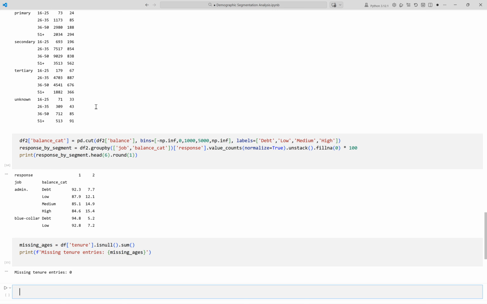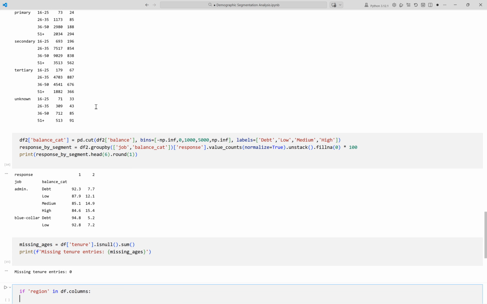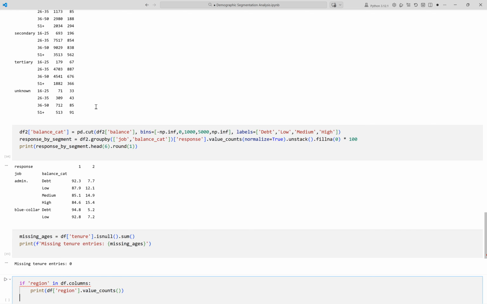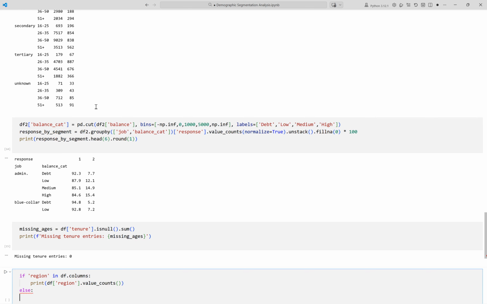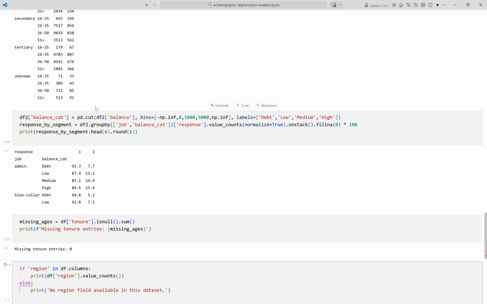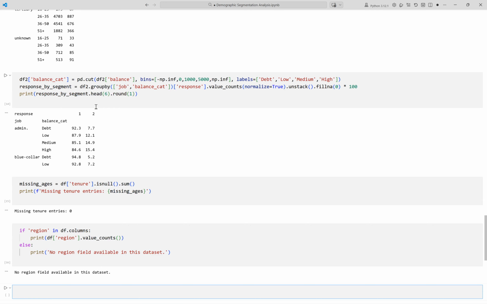We verify whether a region column exists before segmenting by region. If available, we print the region distribution. Otherwise, we state it is not present. Running the cell now. This output indicates that the dataset does not contain a region column, which is important for